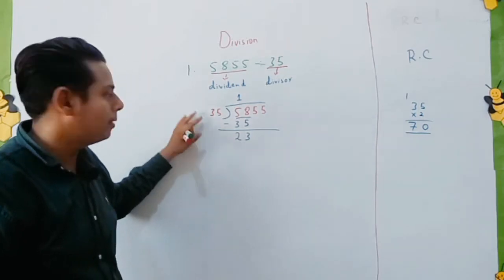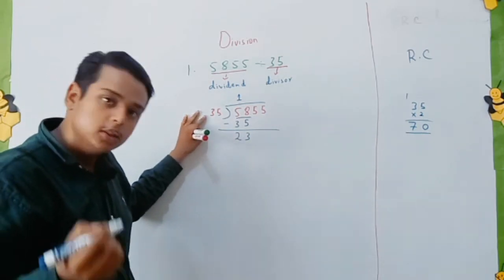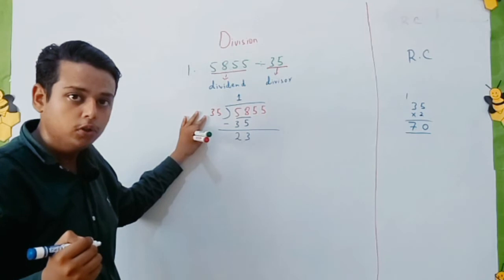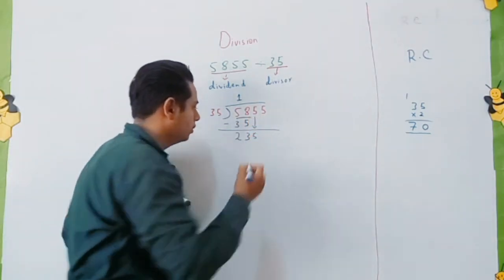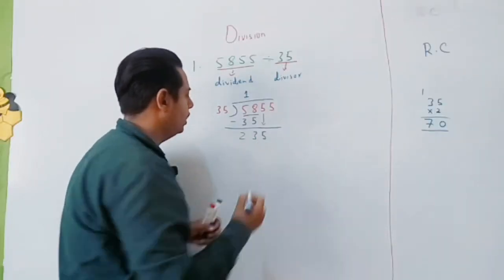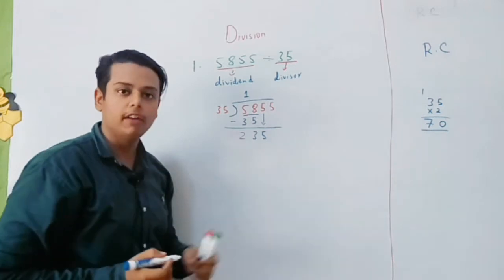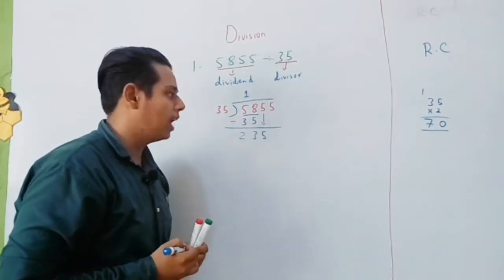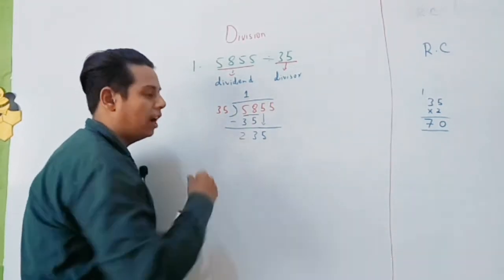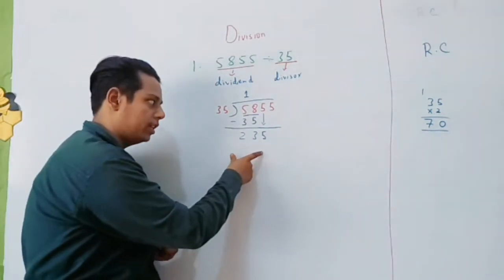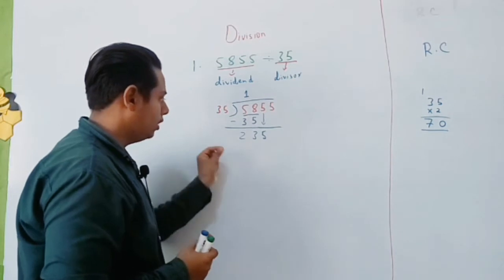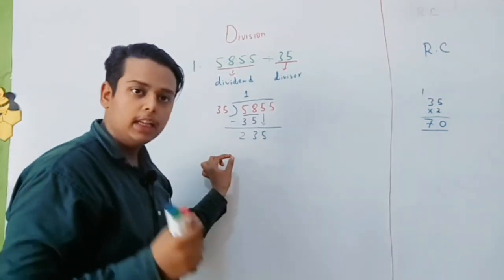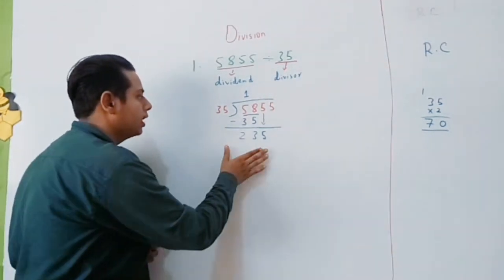23 जो है वो हमारे पास 35 से क्या है? छोटा है. So what you need to do? You need to bring this 5 over here. What it becomes? 200 and what is the number over there? 235. Now we have to multiply the number 35 until we get the exact 235 or a number near to it. या तो हमें एग्जैक्ट 235 मिल जाए या फिर ऐसा नंबर मिले जो कि इससे करीब हो.